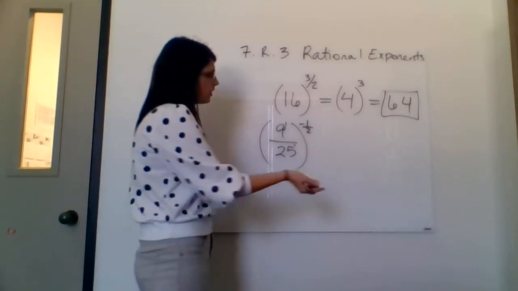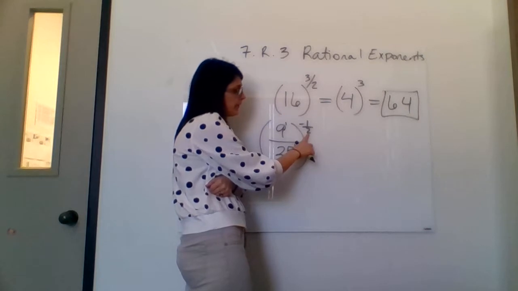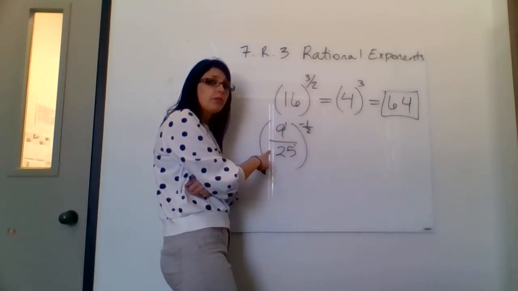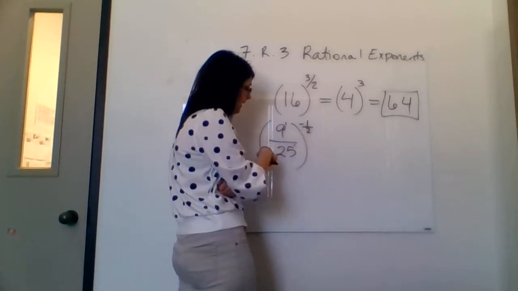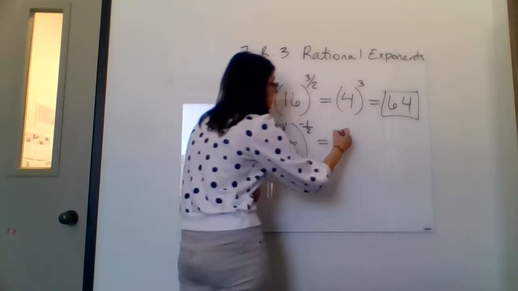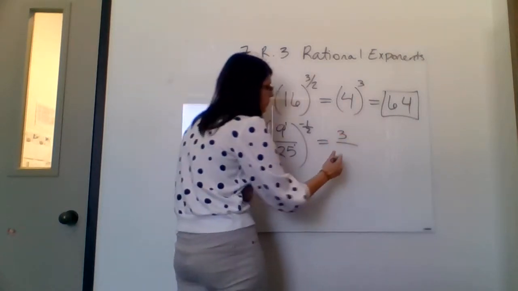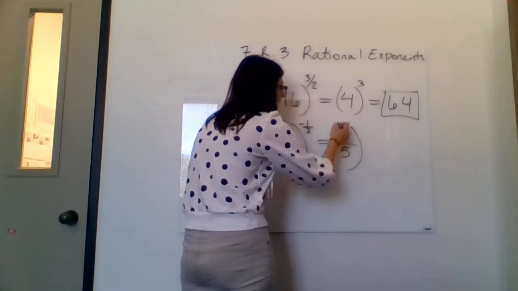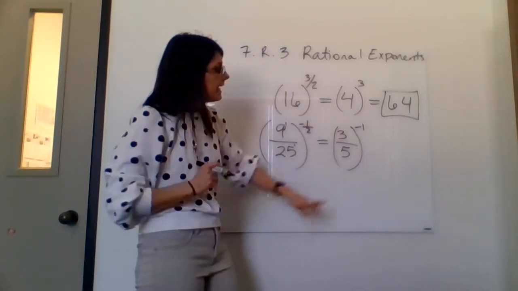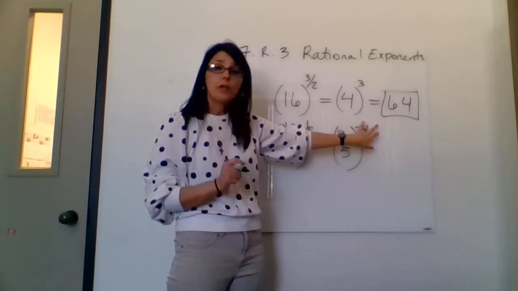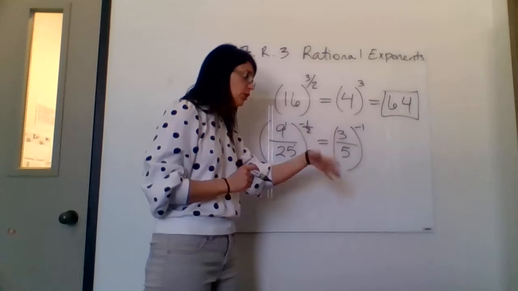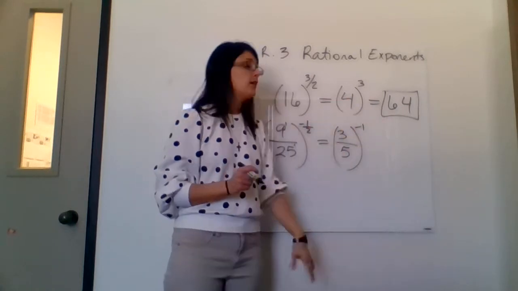So again, I'm going to start by doing the root. So this is the square root. The square root of 9 we know is 3. And the square root of 25 we know is 5. So taking into account the square root in the denominator, the square root of 9 is 3. The square root of 25 is 5. And now I took care of the 2, but that still leaves me with a negative 1. Anything raised to the first power gives me the same value back out. So 3 to the first power is just 3, 5 to the first power is just 5, but I have